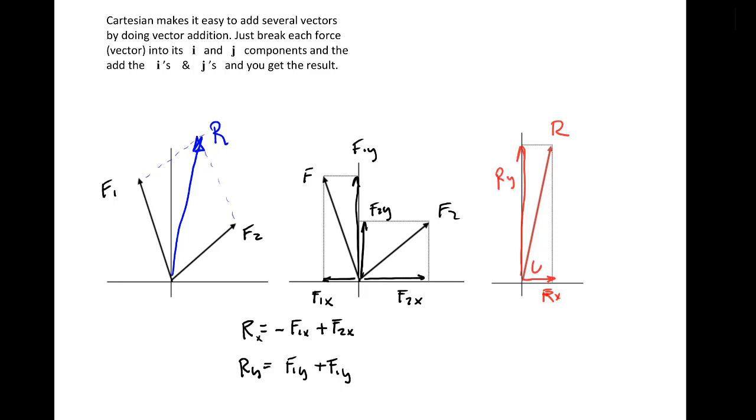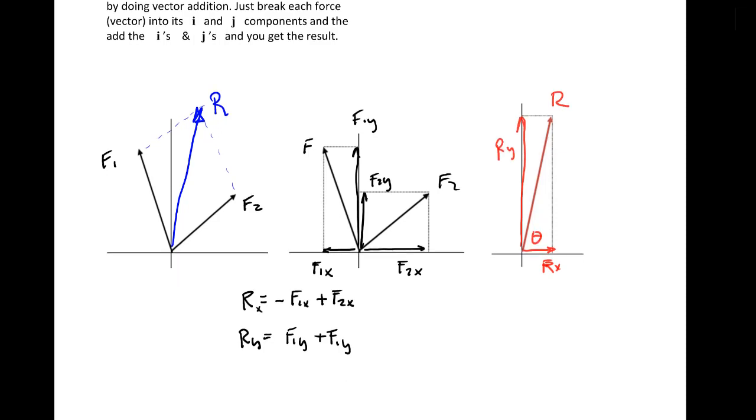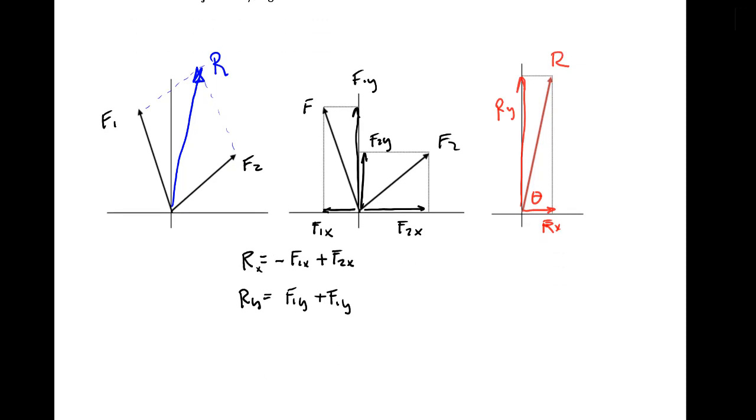It'll have some angle theta here, and we can discover all that by just adding them together. So I'm going to say that the resultant is equal to Rx plus Ry. We know the magnitude. Another way of describing this would be R is equal to R mag at some angle theta,